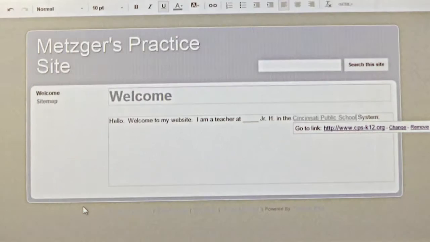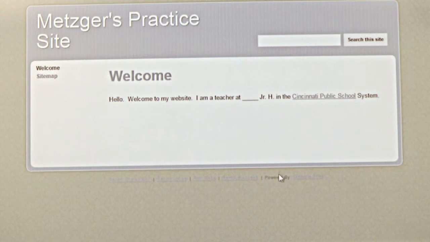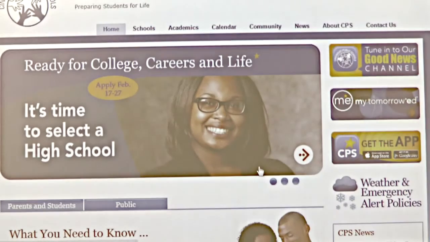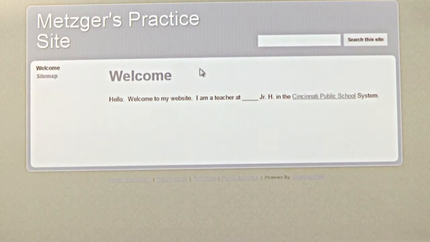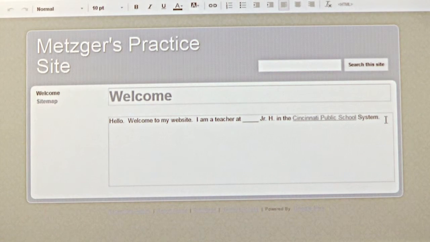And then click OK. And click Save and test it out. When I click Cincinnati Public Schools, presto changeo, there we go. In a heartbeat, I get there. Okay? So you can type anything, any web address, and link to it. Now, could I also have typed in a website address? Sure. I could have typed